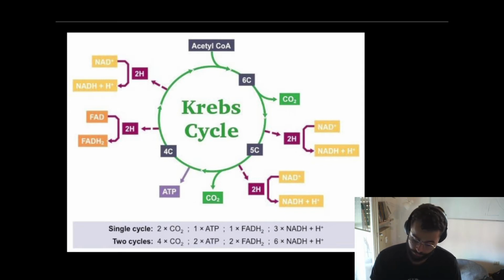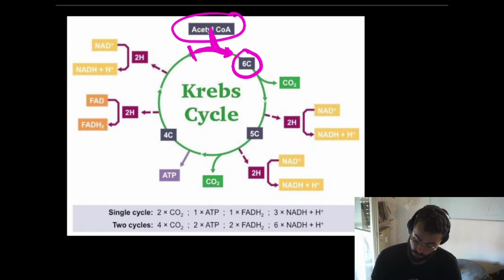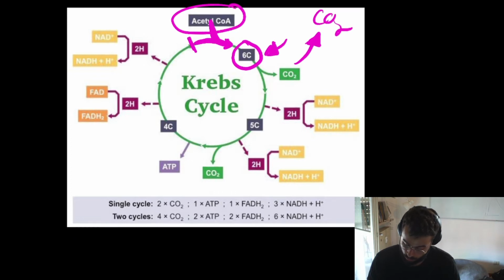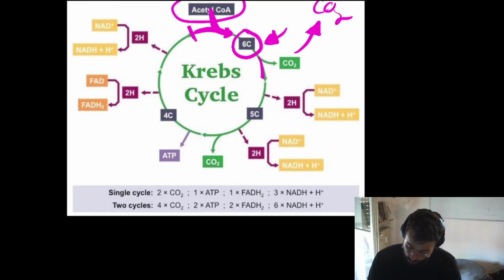BMAT exam. So acetyl-CoA is going to be incorporated together with another molecule from the end of the cycle, and it is going to create a 6-carbon product. This carbon product is going to go through decarboxylation, and we are going to get our first product, which is carbon dioxide, which is a waste product. Then the next are going to go through